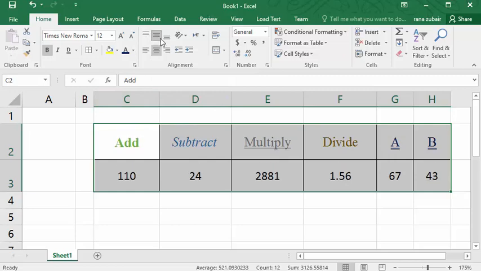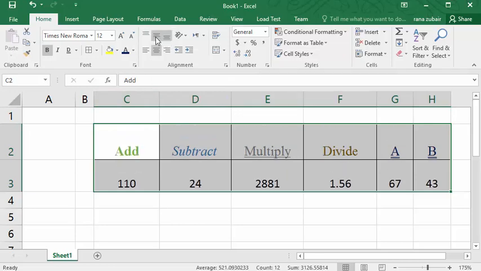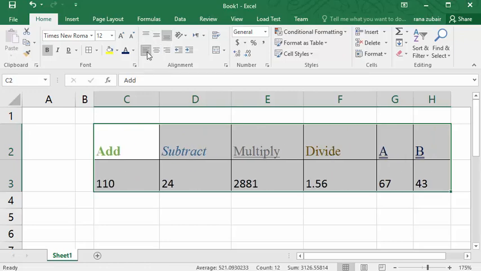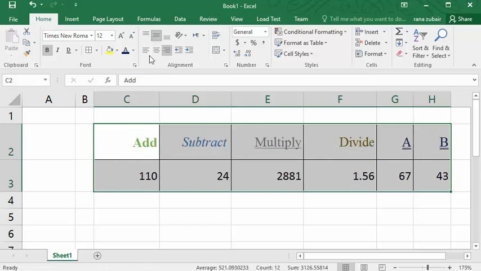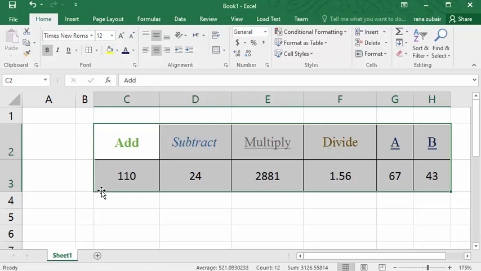Top, middle, bottom, left, center, right. Most commonly used are center and middle align. Center align is for the left and right margins, and middle align is for up and down margins.